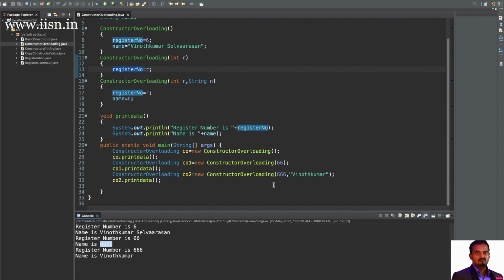as null. Okay, so the second one is going to call the constructor which has two arguments, one integer and another string. The matching constructor is found here, so this R, that is 666, is going to be allocated to the register number, and then Vinod is assigned to n. Okay, so n is going to be assigned to the name and R is going to be assigned to